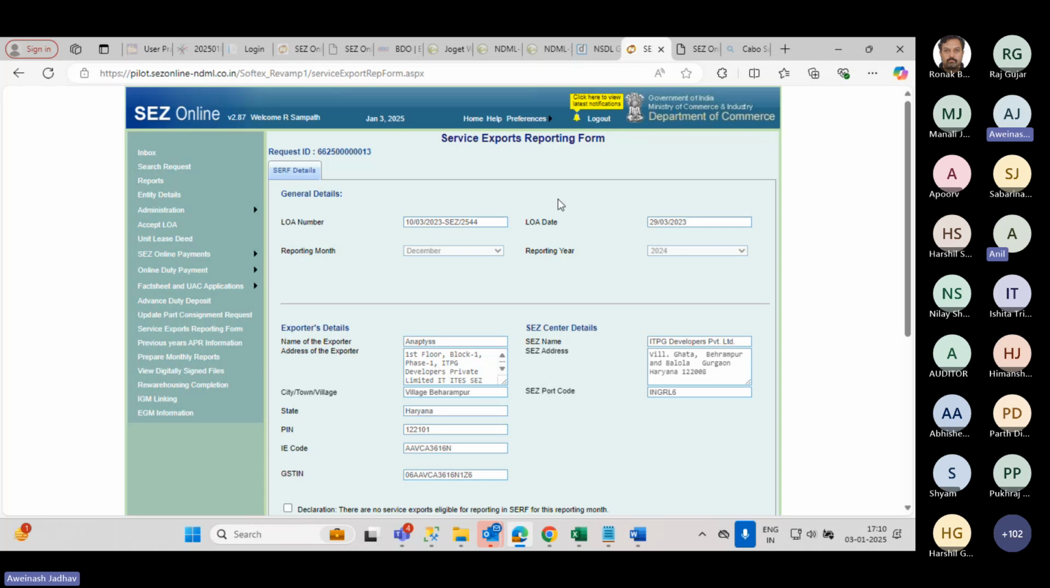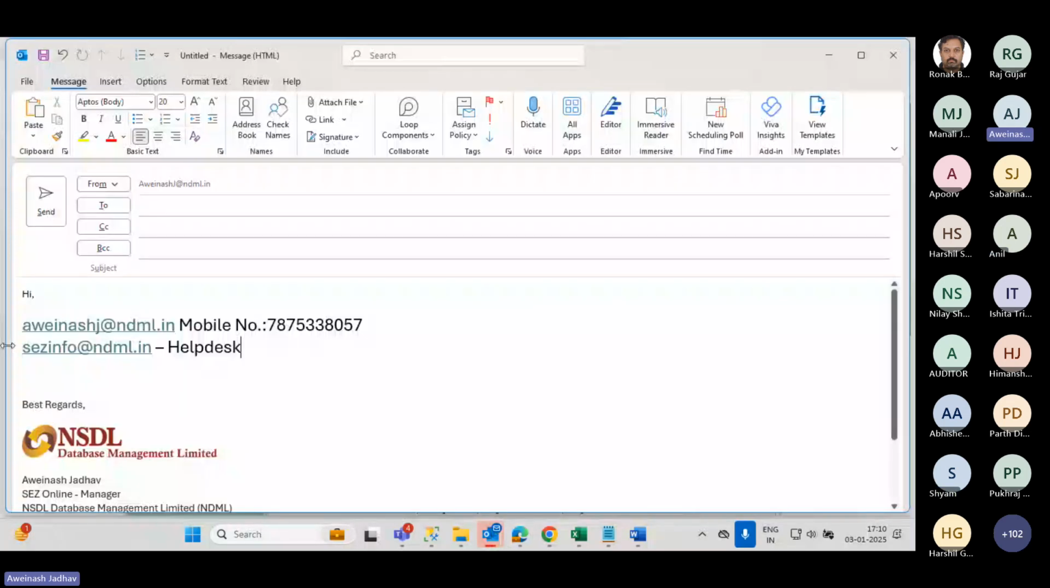Sir, your email ID, please. हाँ, एक मिनट। This is my email ID, my mobile number, help desk email ID is here. So Ishita ji has one question. हाँ, Ishita जी बोलिए।